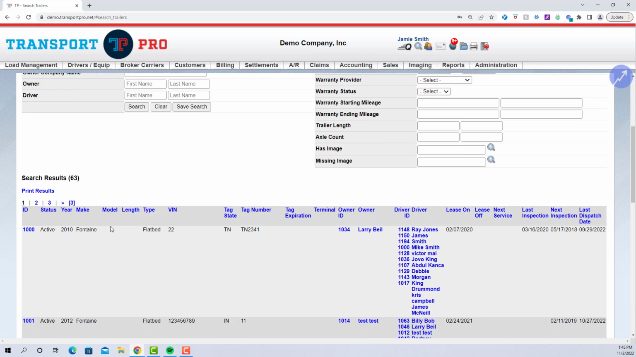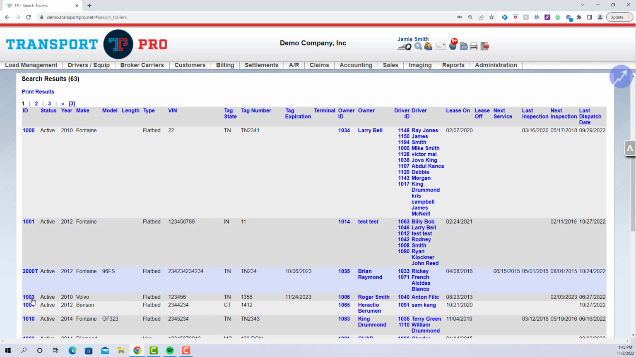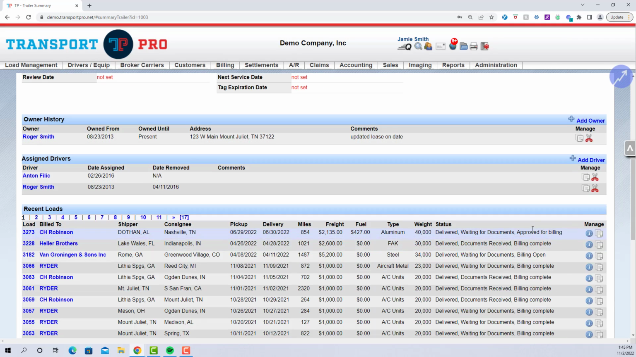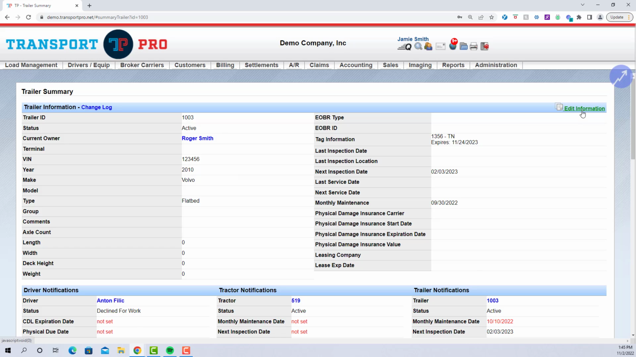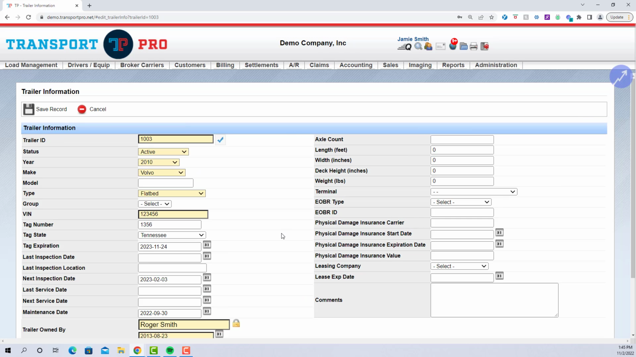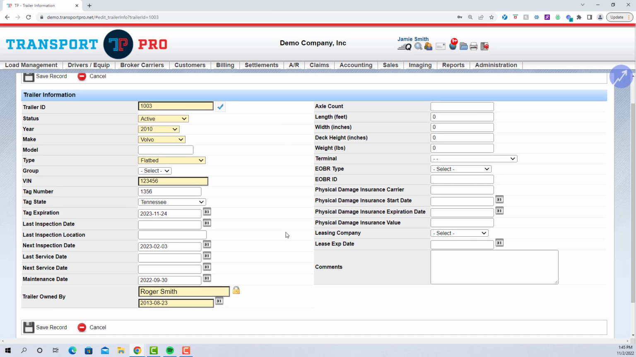So here's what the trailer information screen looks like. And you can see that there are several fields pertaining to safety, such as tag expiration, last and next service dates, etc. And again,